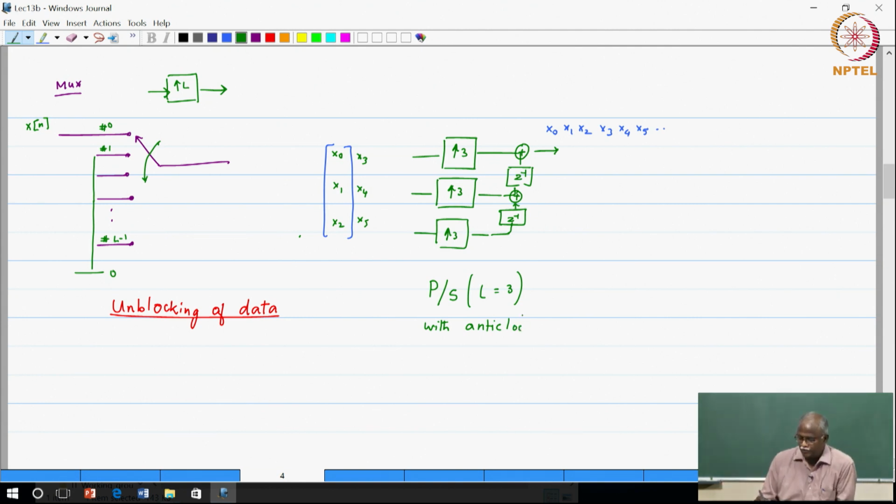So if you chose the anti-clockwise where you did the serial to parallel conversion, you would have to do the other one to get the corresponding sequencing correctly here. So, this would be anti-clockwise